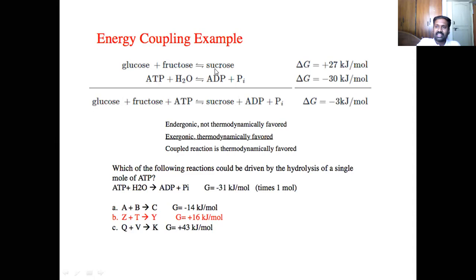Wherever an endergonic reaction has to be done, it just goes there, takes a different route, directly involves itself in the reaction and becomes ADP. In that sense, it has given its energy of hydrolysis to make a high energy molecule like sucrose or a high energy molecule like glucose 6-phosphate. So ATP itself is high energetic, but when it is converted to ADP, it is low energetic. So when a high energy molecule converts to low energy, energy is liberated. That energy is used to drive these endergonic reactions forward.